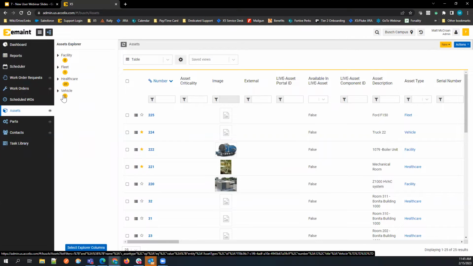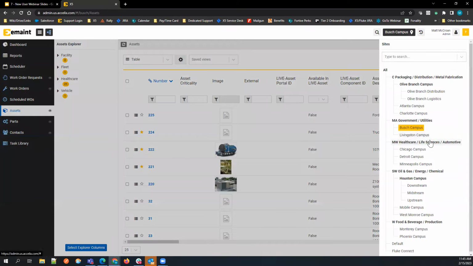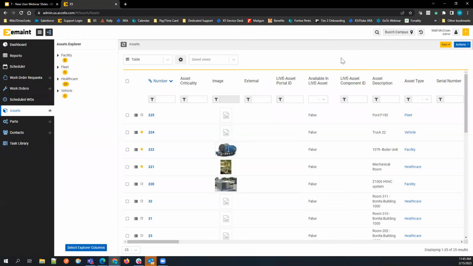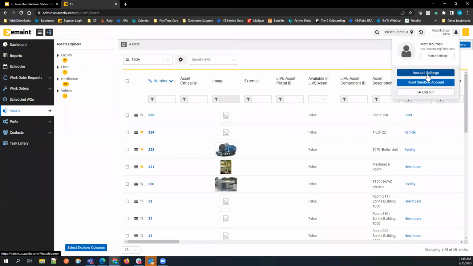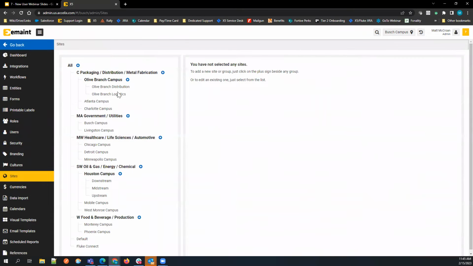All right, the last thing I'm going to talk about is just a brief, I mentioned you have the ability to create different sites here, and the information is kind of specific to those sites with the exception of tasks and parts. The way you would add those sites is by clicking on your avatar icon here and going to account settings and navigating down to sites. If you need to add a new one, you would just click all. Just keep in mind, if you do have parent sites and subsites,